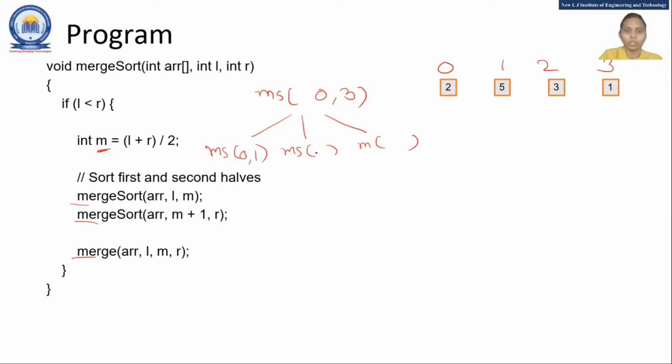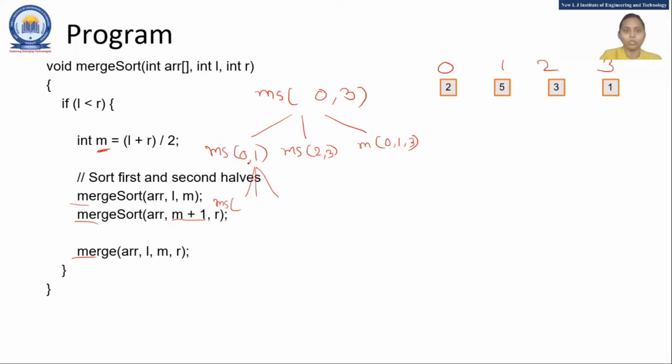Right? Now here, you have to take the next element, that is 2, because we are doing middle plus 1. So 2 plus 3. And the final values are M, L, M and R: 0, 1 and 3. Right? Just try to understand how we are dividing the thing. Then after, in detail, we will study.